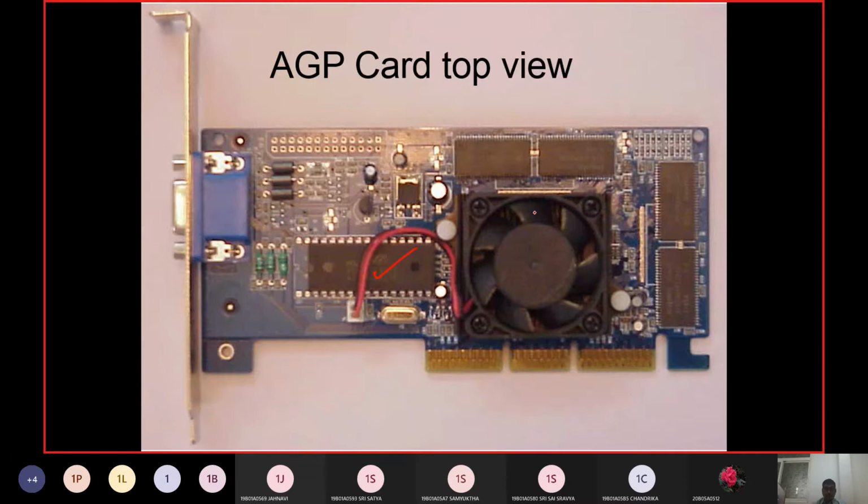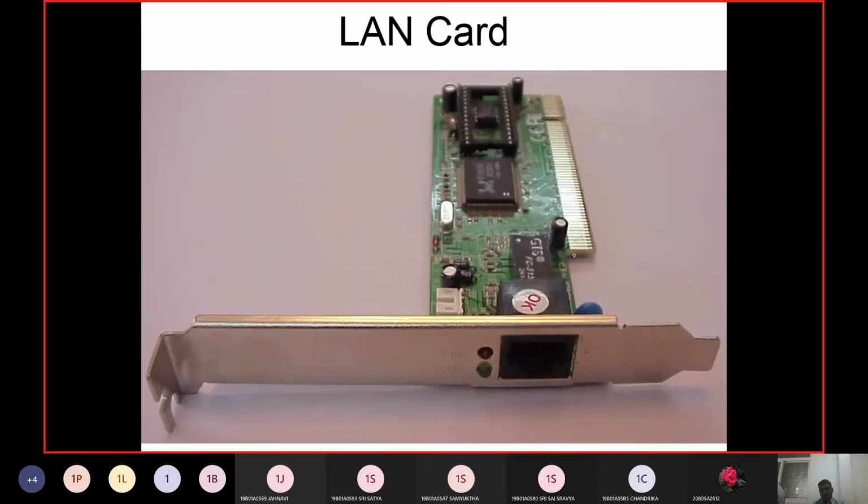Beside that, we have the fan, and below that fan we have the central processing unit. Second thing, if you want to connect a LAN card, to get the internet or an intranet, this is the position where you connect that wire. That wire transmits the data through the physical layer, network layer, and data link layer.